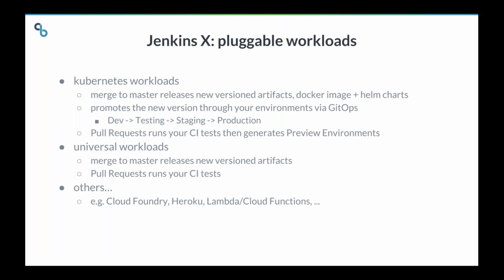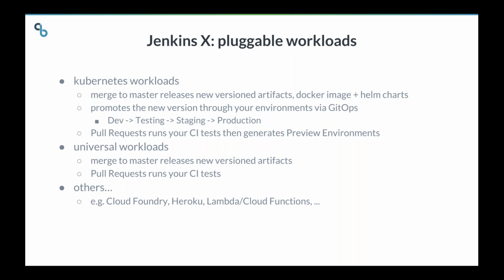Now, Jenkins X's initial goal is to automate CI and CD for Kubernetes. So what does that mean? It means when you import your code into Jenkins X, it sets up the CI and CD pipelines. So when you merge a commit to the master branch or the release branch of your repository for your application,